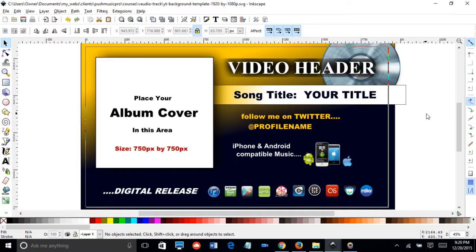Okay, we're going to take you through the process of creating your V audio track image using Inkscape. The first thing I want to address is the size of the image. The image is 1920 by 180p. That is the exact size that is necessary in order to have your V audio track fit in all resolutions,